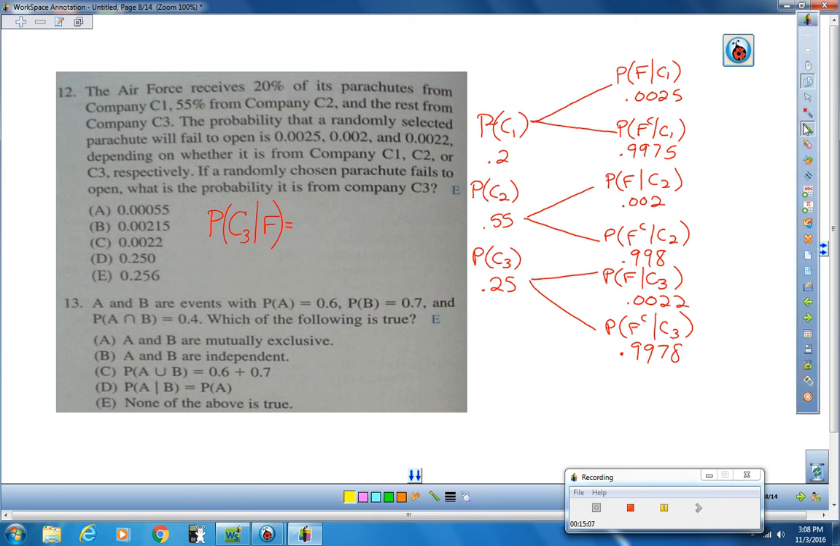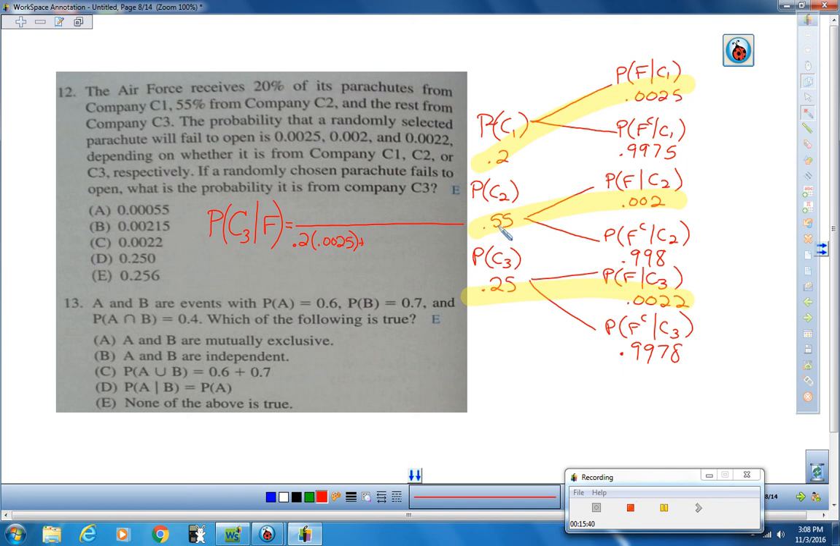Okay? What I'm really just concerned with are the ones that failed to open. So here from Company 1, this failed to open. Here it failed to open, and here it failed to open. So those are all 3 of my possibilities. Those are my sample space. Those are my denominator. So my denominator now is, it could come from Company 1 and fail to open. So I have to multiply those two. 0.2 times 0.0025 plus,